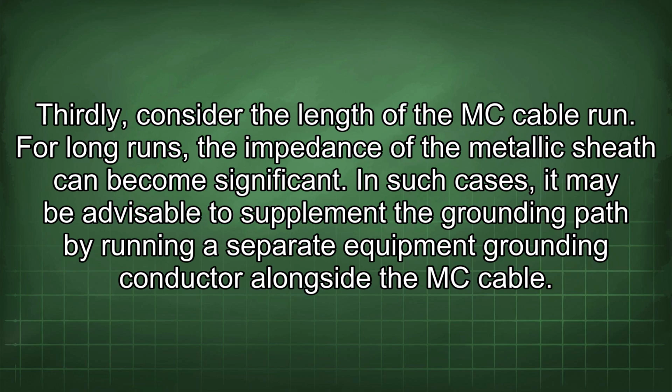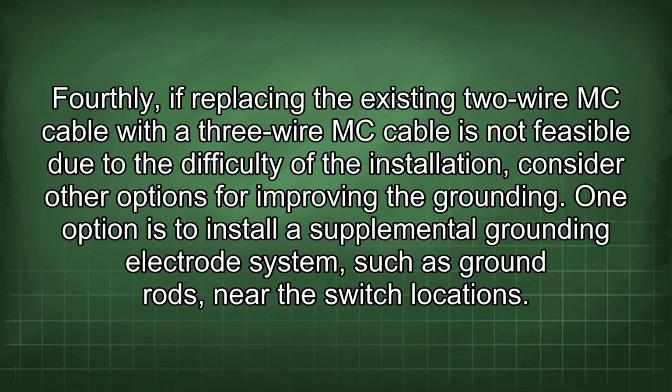Thirdly, consider the length of the MC cable run. For long runs, the impedance of the metallic sheath can become significant. In such cases, it may be advisable to supplement the grounding path by running a separate equipment grounding conductor alongside the MC cable. Fourthly, if replacing the existing 2-wire MC cable with a 3-wire MC cable is not feasible due